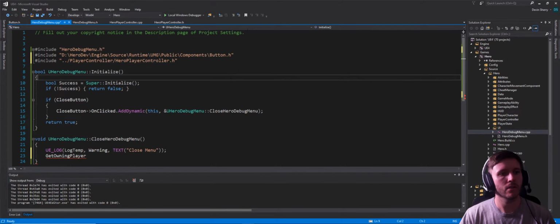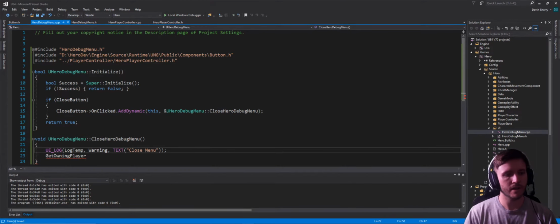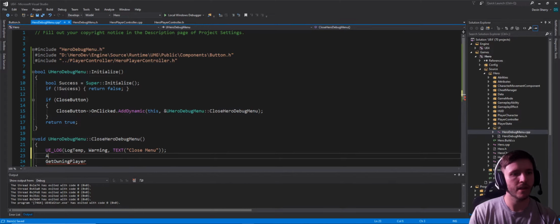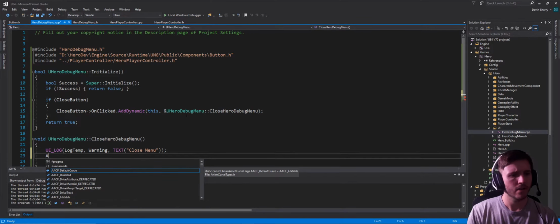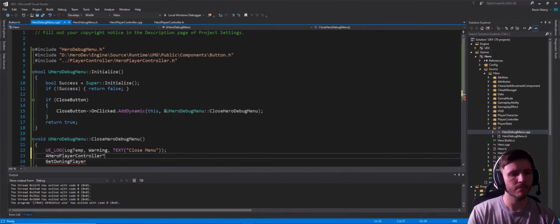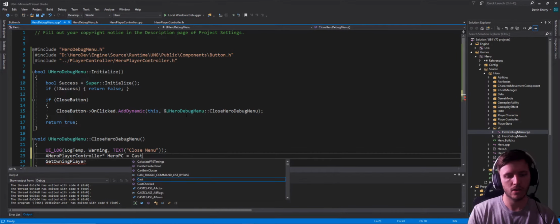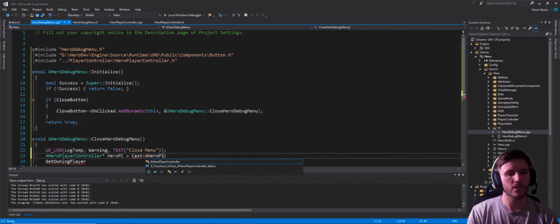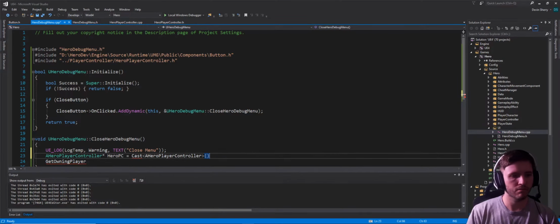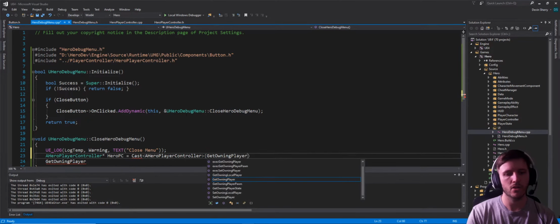Yes. Then we can do a hero player controller, hero PC, equals cast to hero player controller, get owning player,